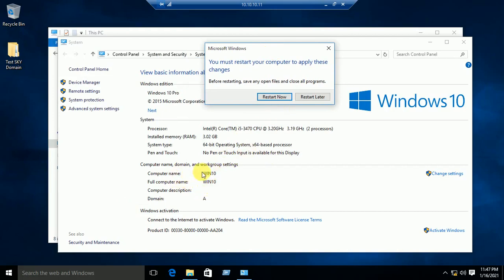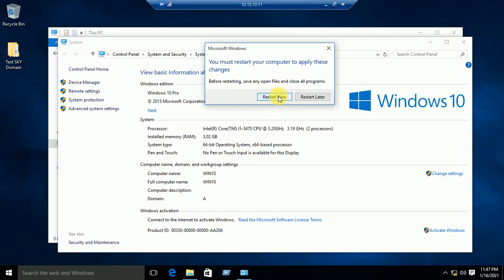You can see here computer name is Win10, it is showing as previous, and domain name is A, but before removing it was showing here domain name, that was perso.lan. So I am going to restart now. This PC, this desktop is removed from domain, but for effect you need to restart, but this is removed now.